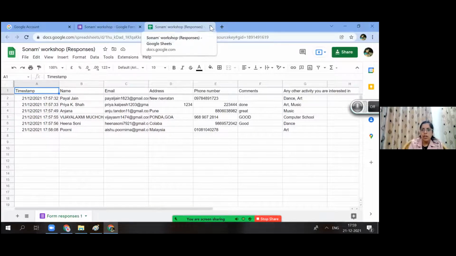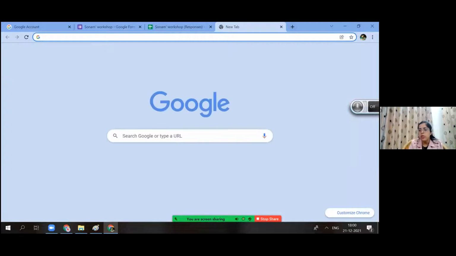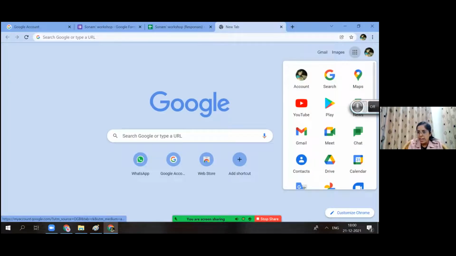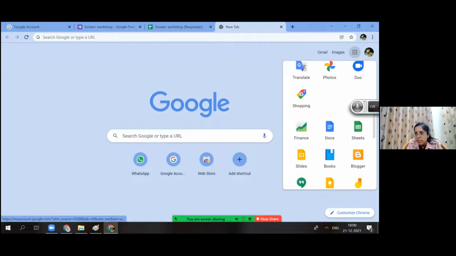Same way you can create your inquiry forms, feedback forms, and when you click on this form, it will give you some pre-designed forms, right? So we can select the format which we like the most, right? And it can make your work easy. So I hope I'm clear with this forms thing.